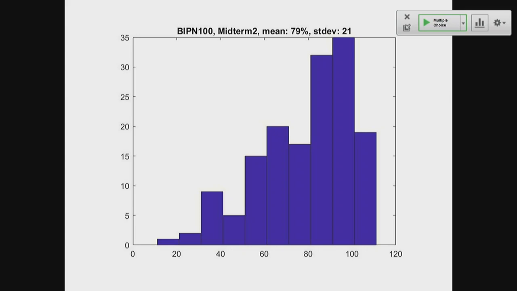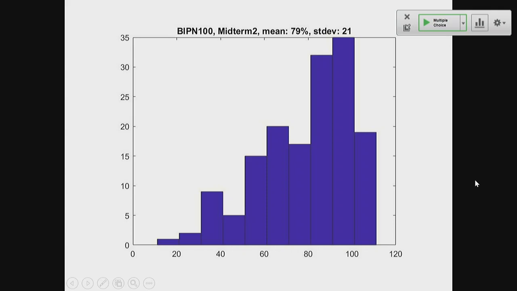So that really shows that you prepared well for the exam. I'm going to go through two questions, and those were the two questions that had the lowest percentage correct. They both had only about 50% correct. And I just want to make sure that everyone is on board with the answers.